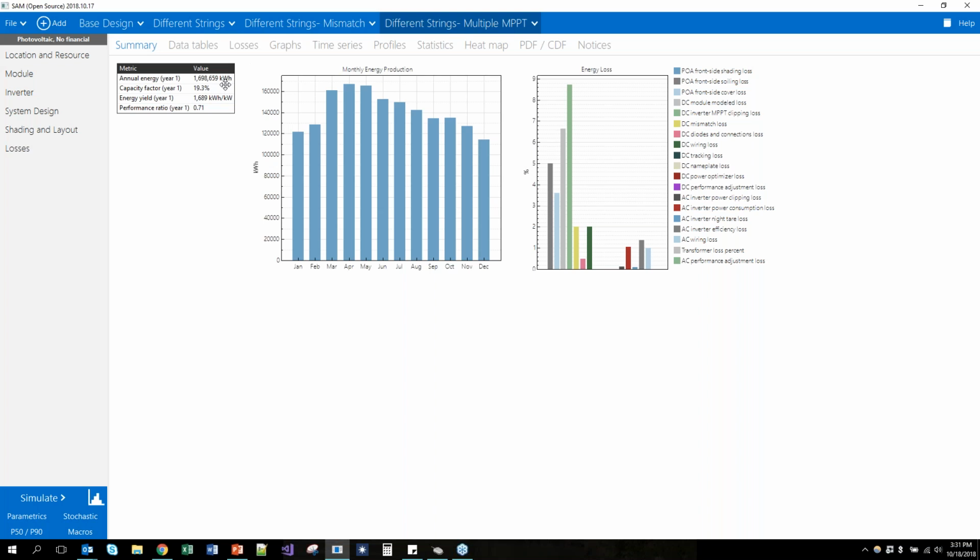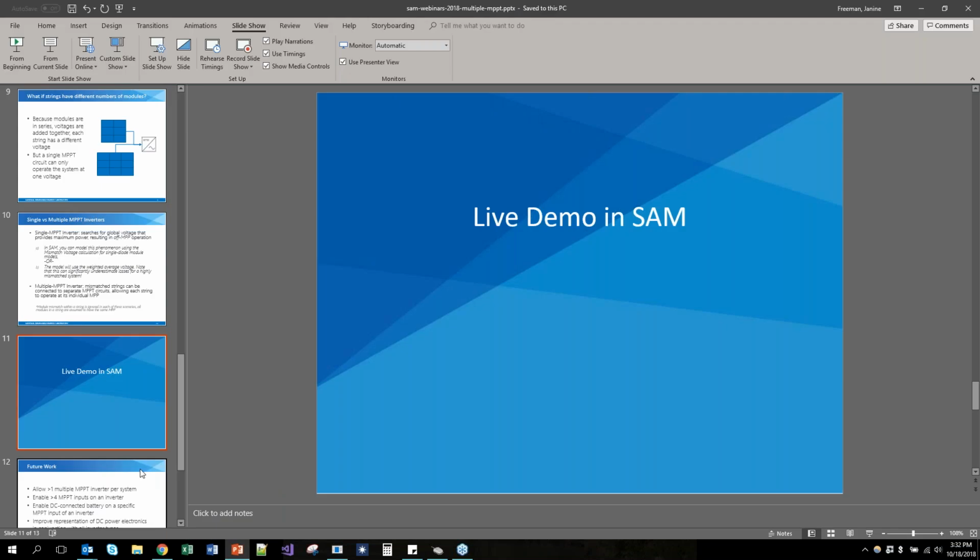So that's an improvement in performance by about 2%, which is sort of coincidentally the same amount of performance loss that we saw by not modeling the mismatch accurately. That will not always be the case, so that's why I say it's sort of a coincidence in this case. So that is my quick demonstration of how to use these different ways of modeling subarray voltage and maximum power point tracking in SAM. I want to switch back over to the PowerPoint real quick